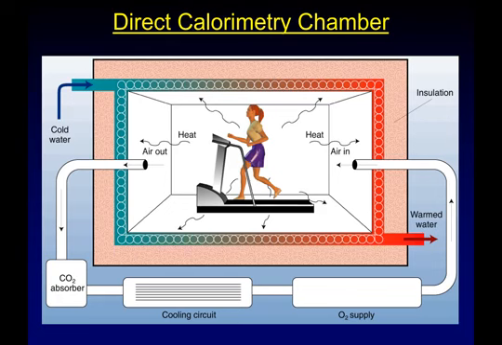And it heats it up a tiny, tiny amount, okay? But if we know how much water is circulating and we know how much the temperature goes up, then we can calculate how much heat you're giving off to raise X amount of water a certain amount, okay? And so we know the specific heat of water. We know how many calories it takes to raise 1 milliliter of water 1 degree centigrade in all of these things. Okay. So we put you in these chambers, you do all of this, we measure these things. As far as I'm aware, there is not a direct calorimeter anywhere in the state of Oklahoma. The closest one that I know of, I'm sure they have one at UT Southwestern in Dallas.